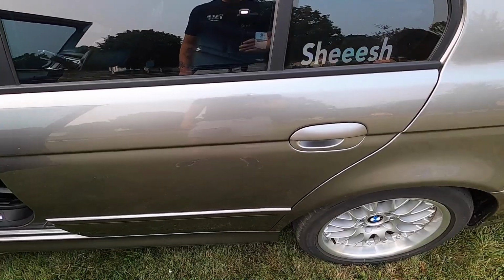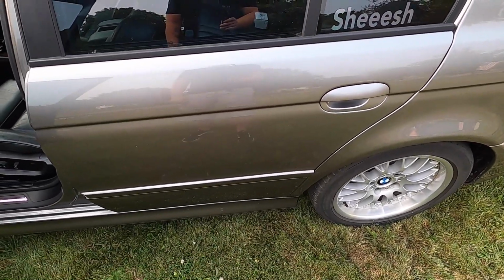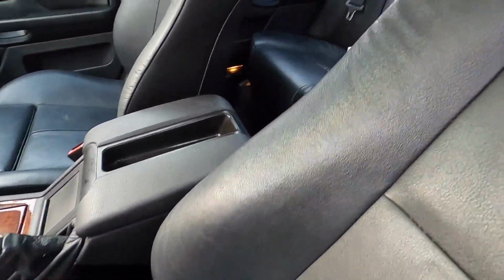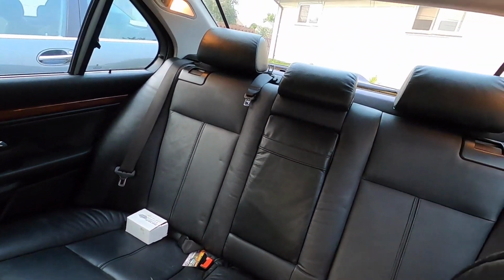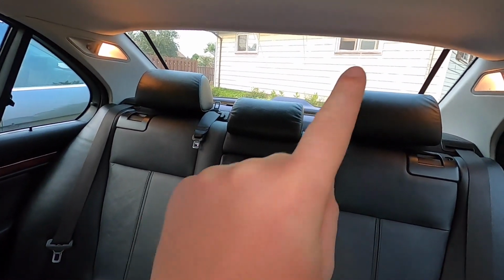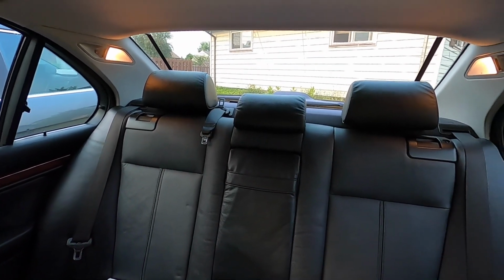It needs the door handle carrier replaced. I think that's like a $120 part, give or take. Not a big deal again. And last real issue, back there you might see these little black posts there and there, and what those are